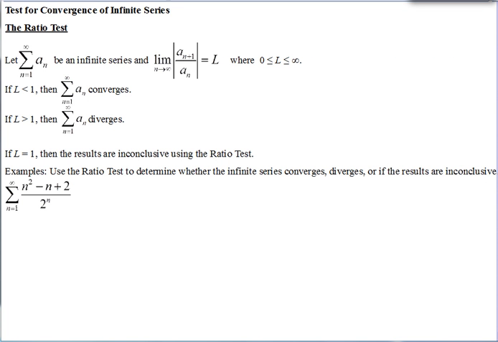These are the notes for AP Calculus on the topics of the ratio test and the root test. Both of these are two different tests to determine the convergence of an infinite series, whether it converges or diverges. So let's start with the ratio test. And this is if you have an infinite series